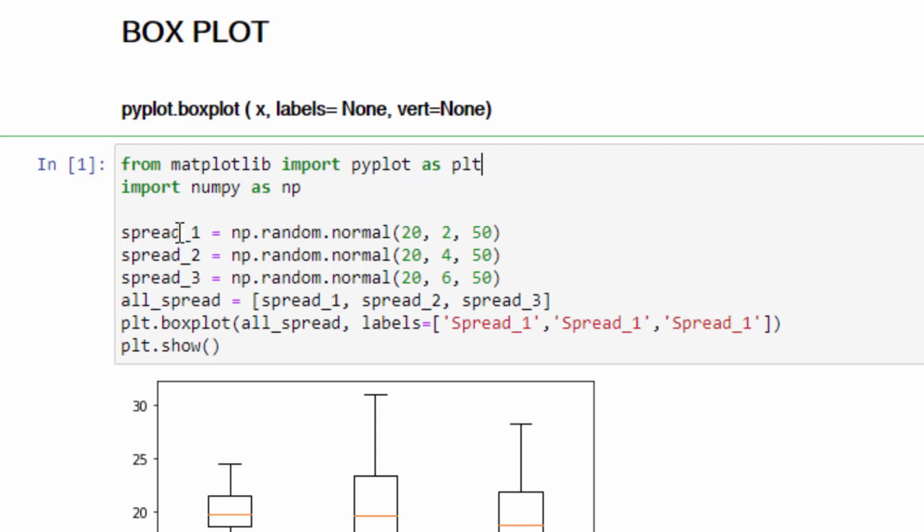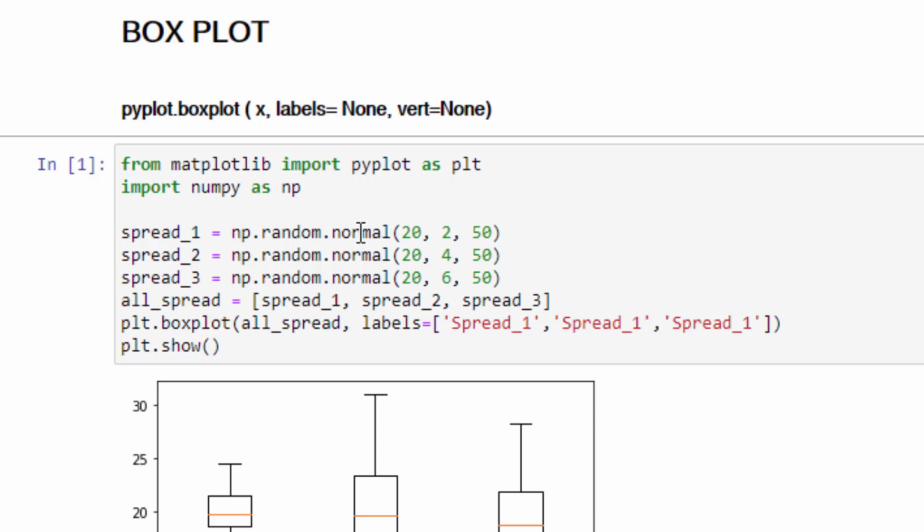All right. So I've created 3 variables altogether in order to create 3 different data sets. I've created the first variable with the name spread_1, which uses the NumPy module, and from it I'm using the random function and then finally the normal function. The normal function basically draws a sample from a normal or Gaussian distribution, and it requires 3 parameters.